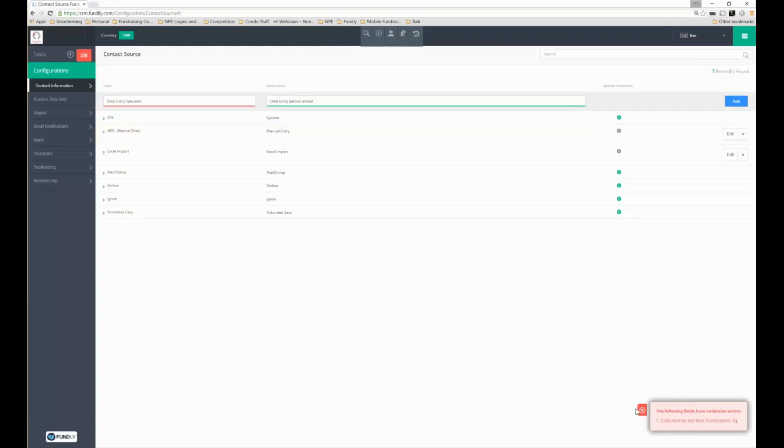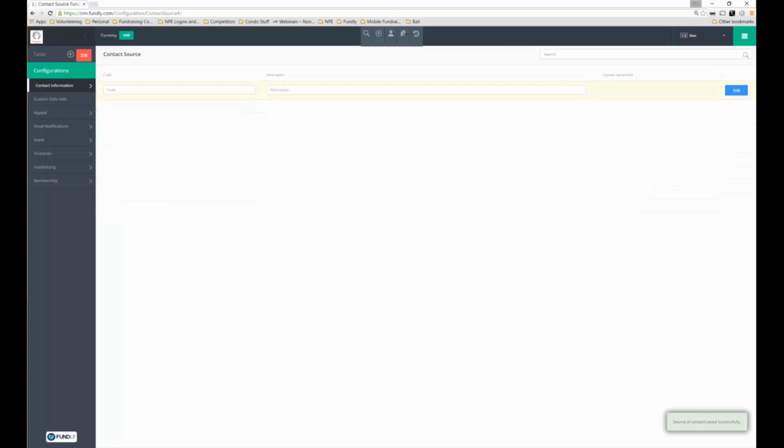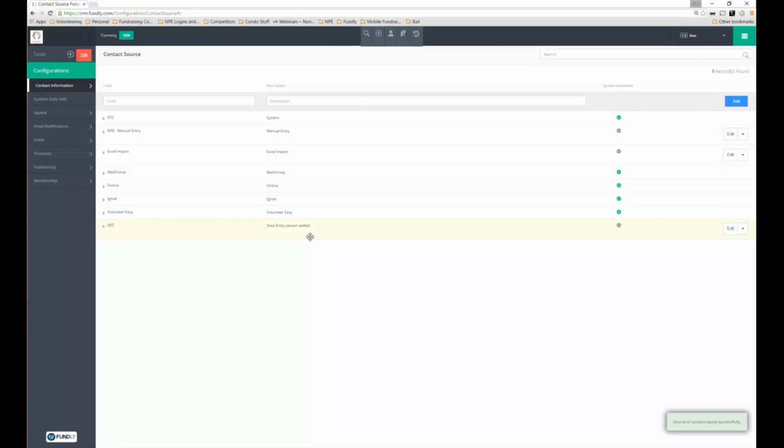So I just made something up there and added it just to show you how that works. And now we have a different contact source. You have your configurations now on the left-hand side of the screen, so I could either go back, as you see here, or I could just open up the different blocks of configurations right here on the left-hand panel. If I don't like that view, I can click on configurations, and that's going to take me back to